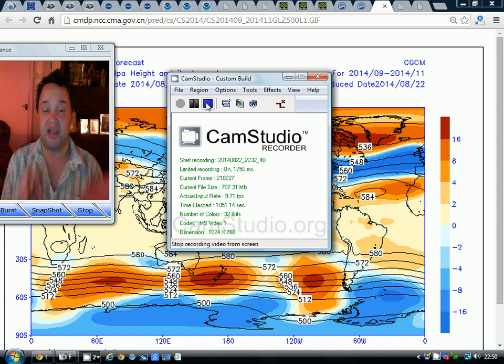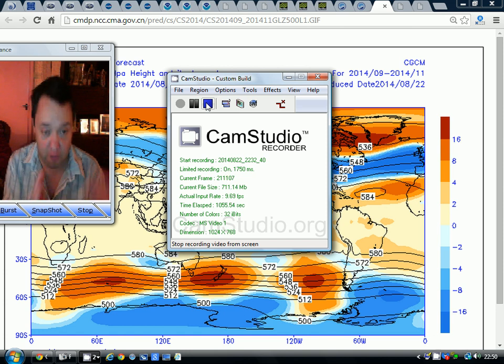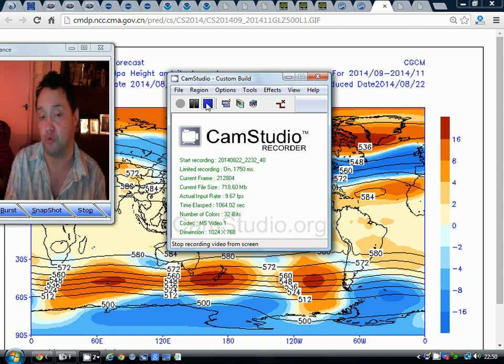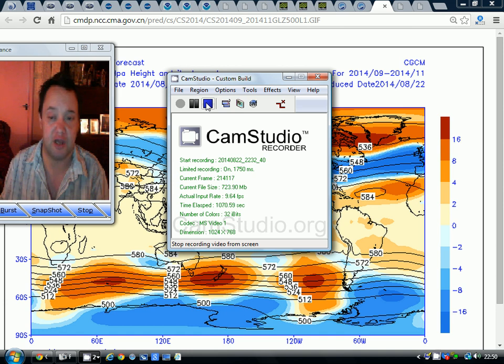I think you can clearly see that the models are looking at a warmer than average autumn and a wetter than average autumn. There's a very strong signal for that. Now the question is whether I agree with the models or whether I want to sort of interpret this a little bit and change it towards my own interpretation.